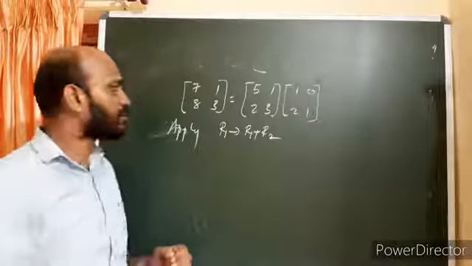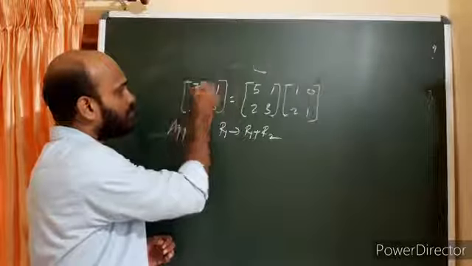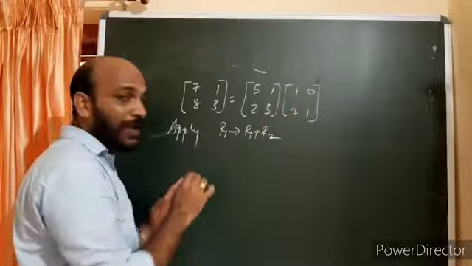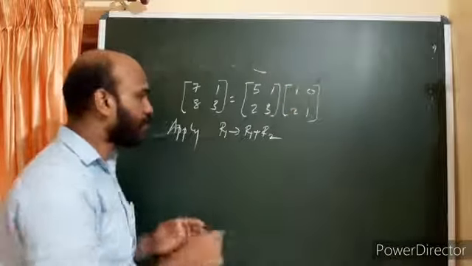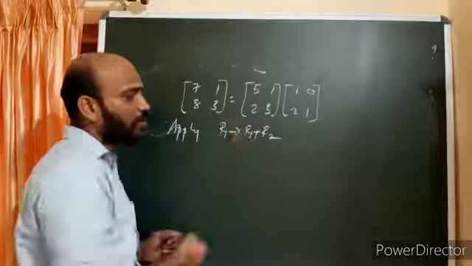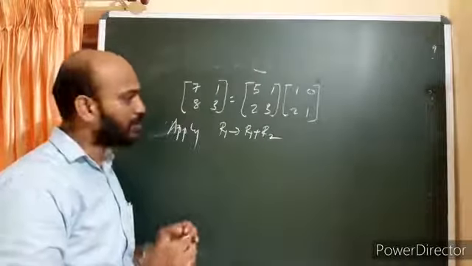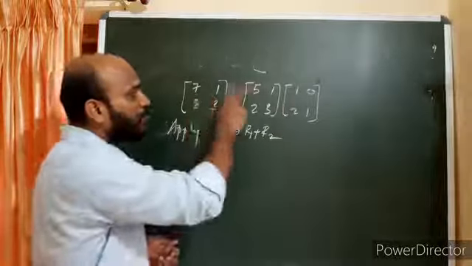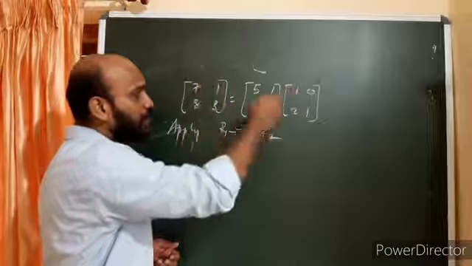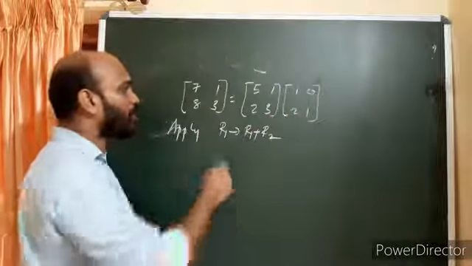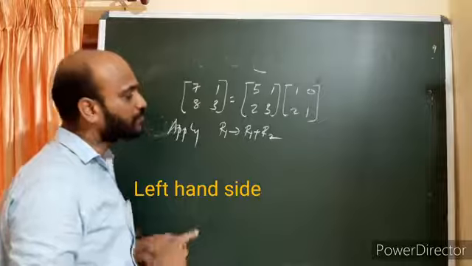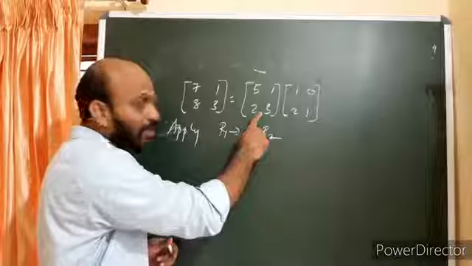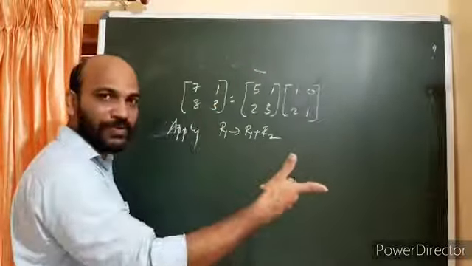We can do one question. Consider the matrix equation 7, 1, 8, 3 equal to matrix 5, 1, 2, 3 into 1, 0, 2, 1. Apply elementary row operation R1 changes to R1 plus R2. So this is an important question. You can expect it for 1 mark or 2 marks. So this is just like A equal to B into C. If you are using elementary row operation on the first matrix, you have to use the same elementary row operation on the first matrix of the right hand side. Otherwise, the left hand side will not be equal to the right hand side.